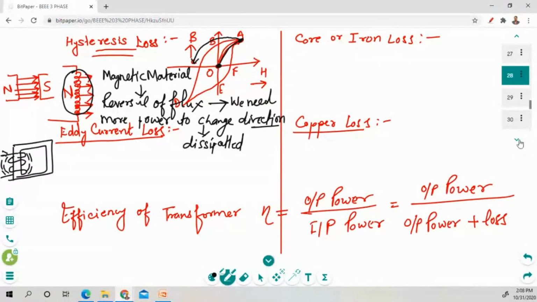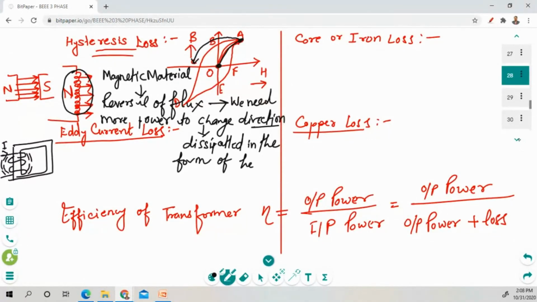If you give more power from here, then more magnetic fields will be generated right here, and more power is going to be dissipated. This power is dissipated in the form of, write in the chat box,